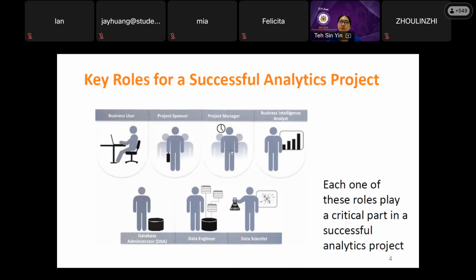But if it is a very big project, it is better to have all these 7 roles to entrust specific roles. It is not necessary to have all the 7.